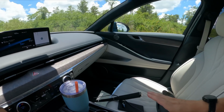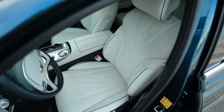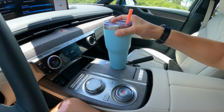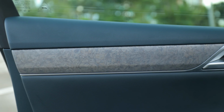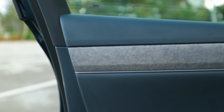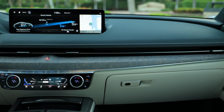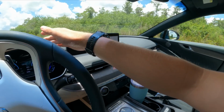So let's start with the materials. Not only do we have this excellent quality white leather like I showed you in the back seat, it's silky smooth. I just love running my hands through it. We have this really neat, looks like a stone or a marble pattern on the interior of this vehicle. The trim is exquisite. I've never seen anything like this before. It's almost like wood or wood chips kind of smashed and melted together with a nice light finish to it. It's so hard for me to describe, other than it looks really excellent, and I've never seen anything like it